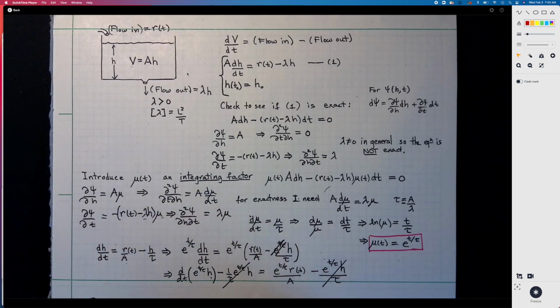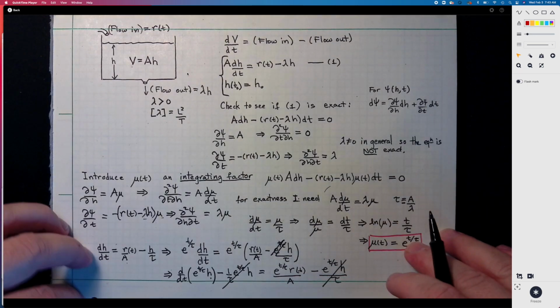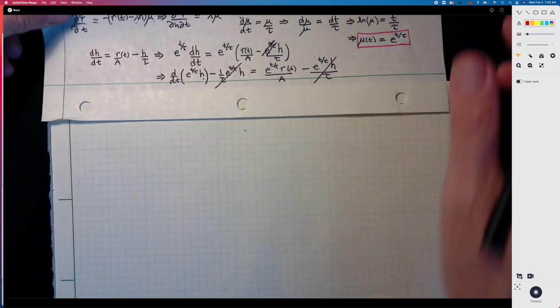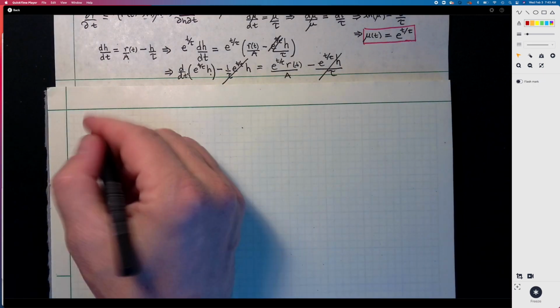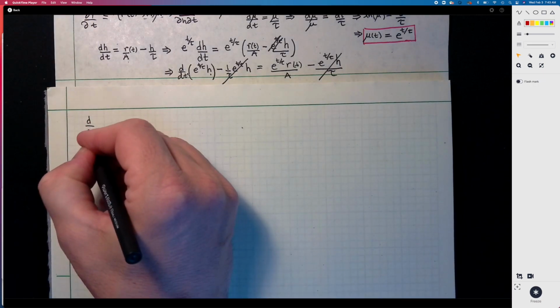And then what I'm left with is, on this side, an exact differential, e to the t over tau times h, and on this side I have something that doesn't depend on h. So now I can integrate both sides, this one with respect to t, and this side also with respect to t, and I'll just get what's on the inside. So if I integrate at this point, my equation now is d by dt